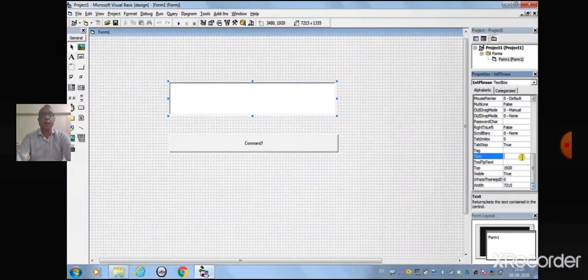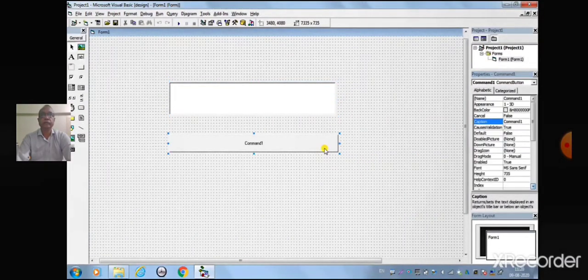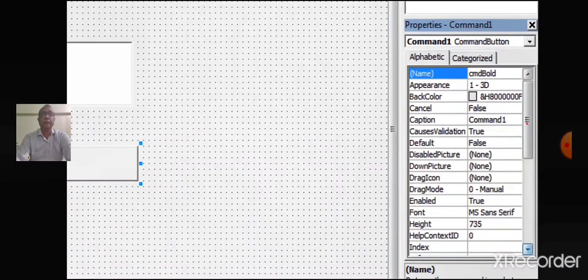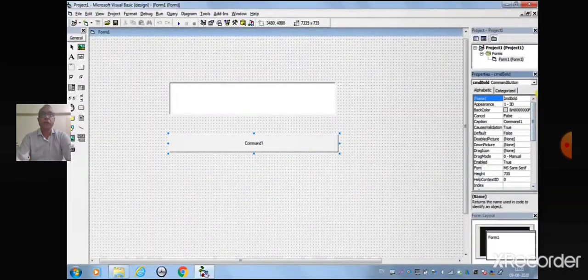Now click on the command button. Change the name property to cmdBold. And go to the caption property of the command button and set it to "Make Phrase Bold".